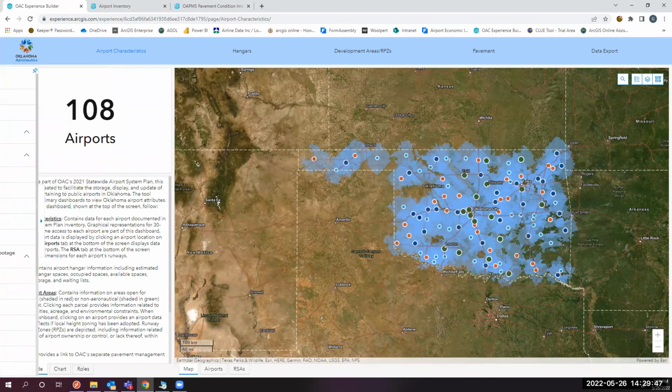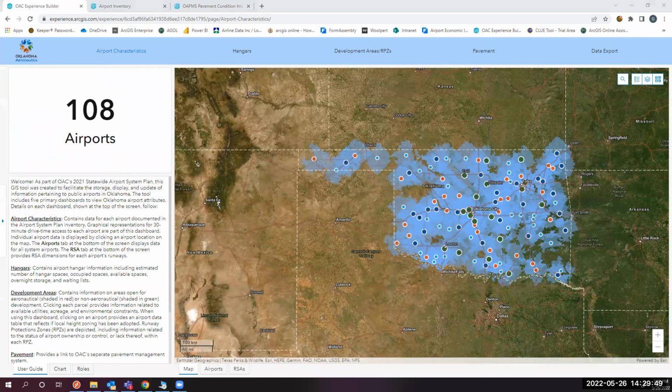Gotcha. I appreciate that, Greg. I guess I'm not familiar with the executive views. So the intention is that every time you log in, it'll kind of start here fresh. You'll be able to filter as you please. And then if you were to refresh the page, obviously it would then refresh all of your filtering